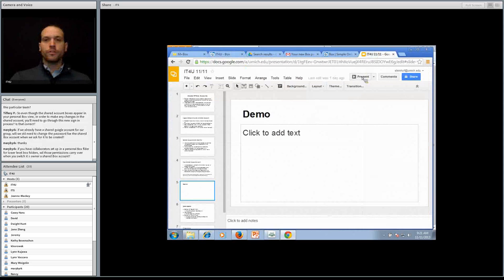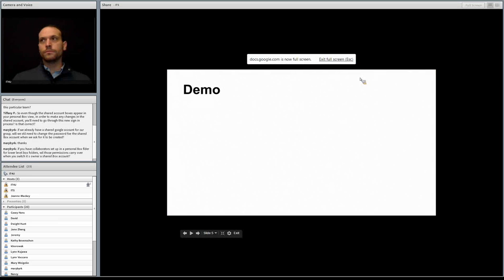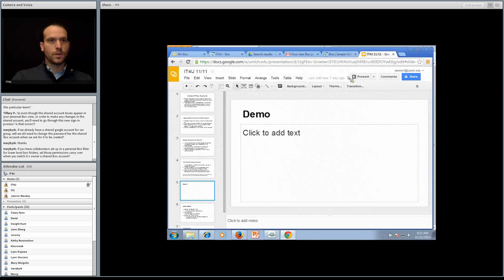Yes, a question. If you have collaborators set up in a personal Box folder for lower level Box folders, will those permissions carry over when you switch its owner to a shared Box account? Yeah, so it depends on the complexity of those